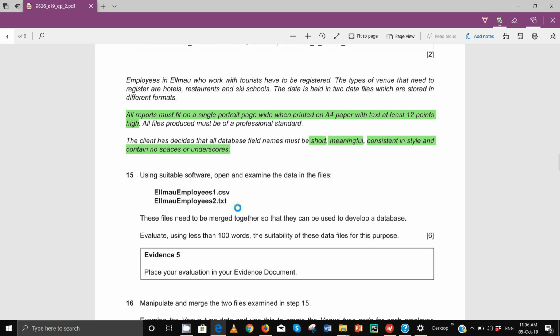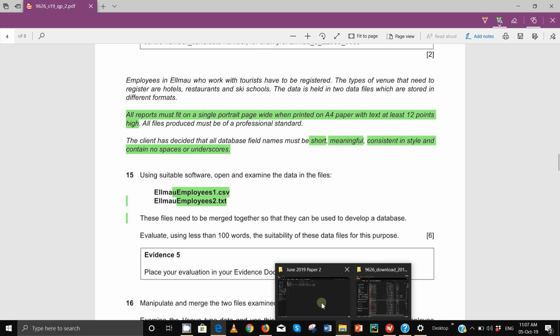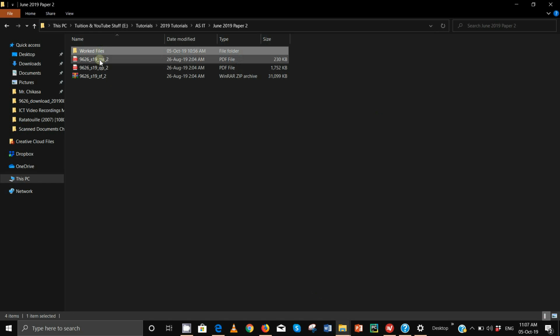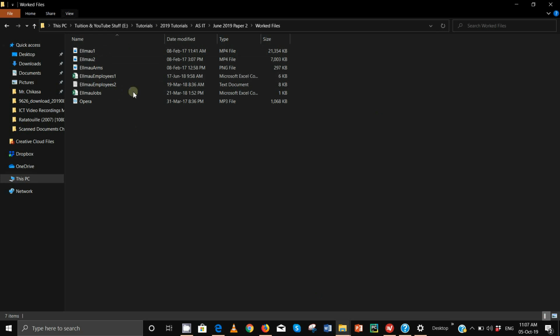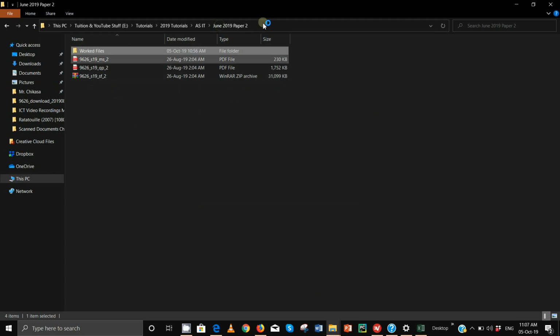So let's go straight into what we're supposed to do. Step 15: using suitable software, open and examine the data in the files. The first one is employee 1 and the other one is employee 2. So let's examine the data in these two files. This one, we'll just double click on it. And the other one, I'll open it with